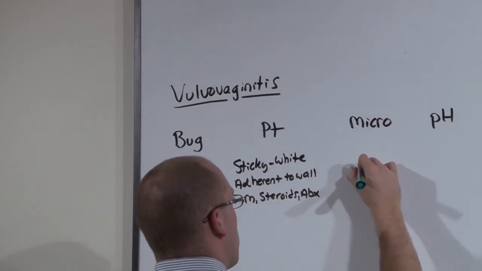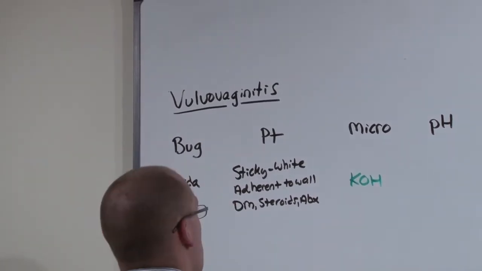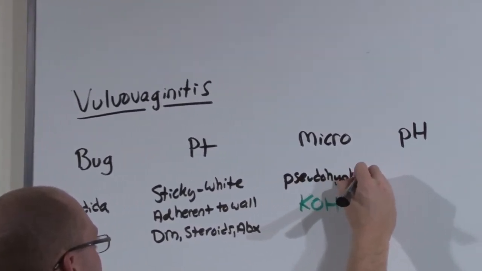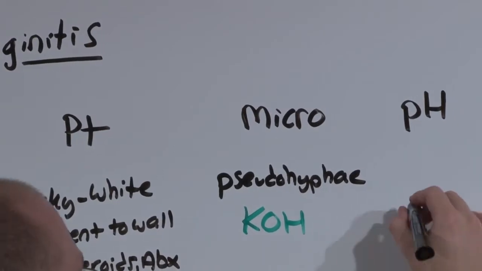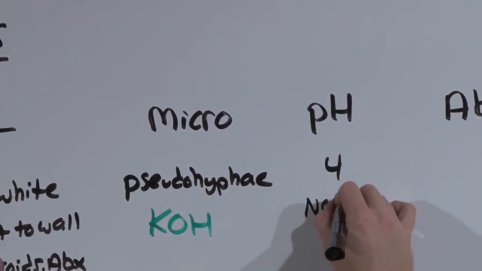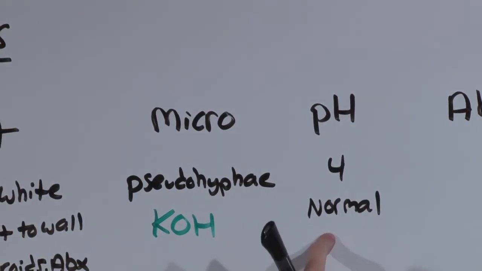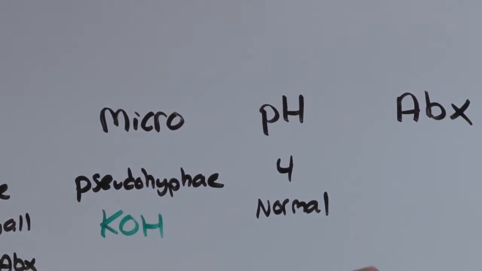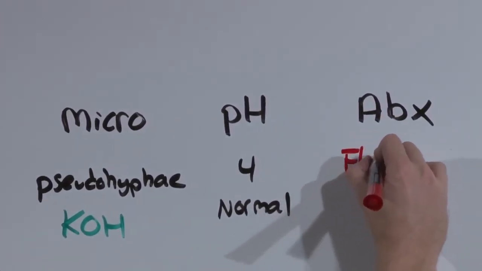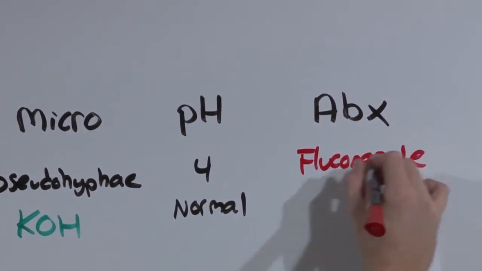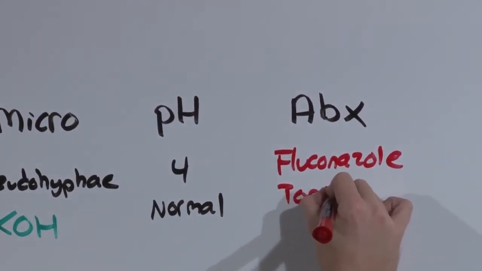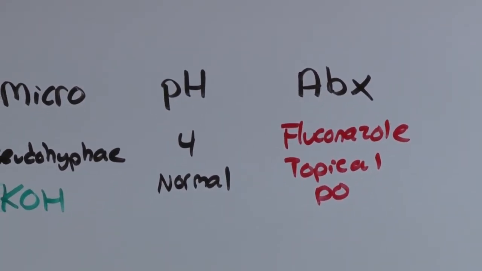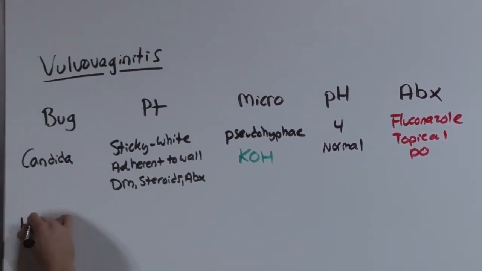Because on a KOH prep, you will see the pseudohyphae, diagnosing it as Candida. To support you, Candida has a normal pH of about 4, unchanged, where the other two we're going to talk about have elevated pHs. And because Candida is a fungus, you're going to use antifungals, such as fluconazole. And you're always going to try topical, that is vaginal, before you try PO, as a general rule as we go down. The next bug is Haemophilus,